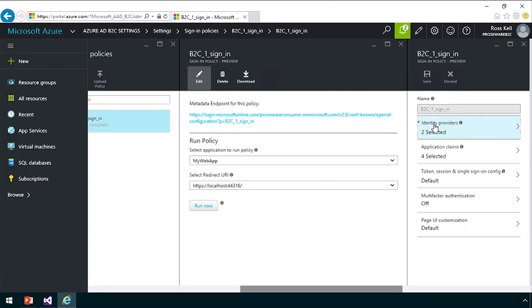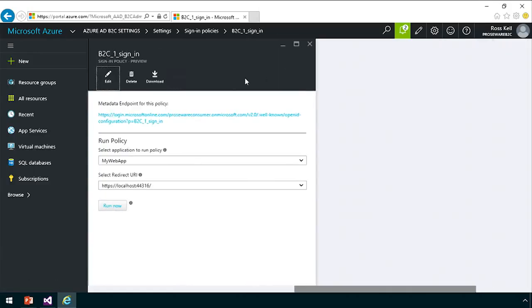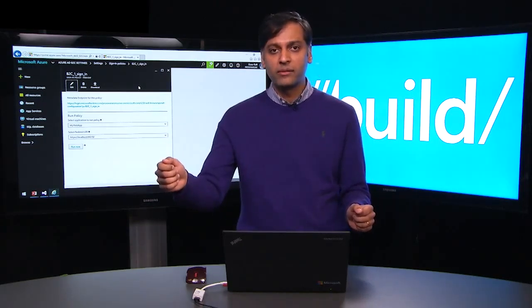And I had to pick the identity providers, which was Facebook and email address and password, and had to pick the shape of the token that was sent back at the end of a successful sign-in experience. At the end of these 5 steps, I was actually done. I had fully functioning sign-up and sign-in experiences in my directory, and that's what you saw in the demo, where I actually hooked up my application, .NET MVC application, which was sitting on my localhost with the B2C service